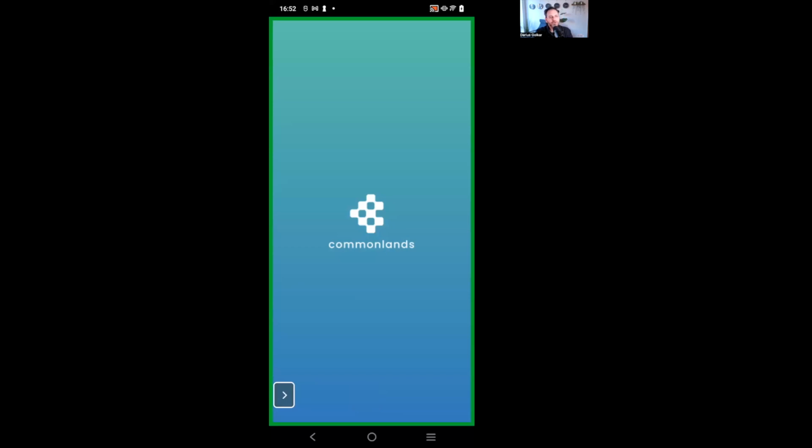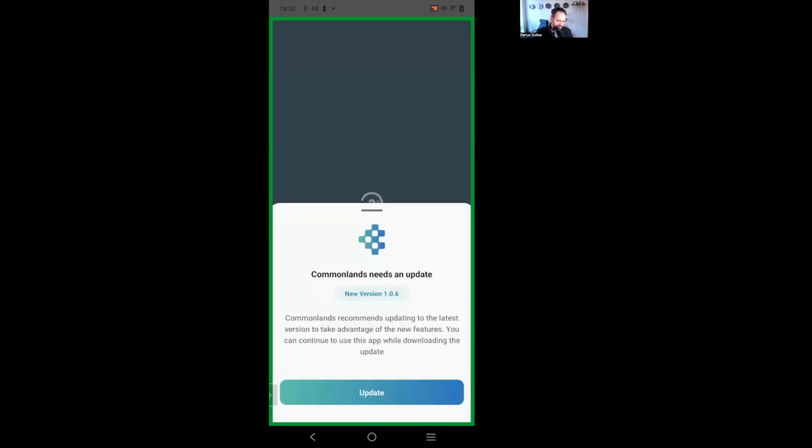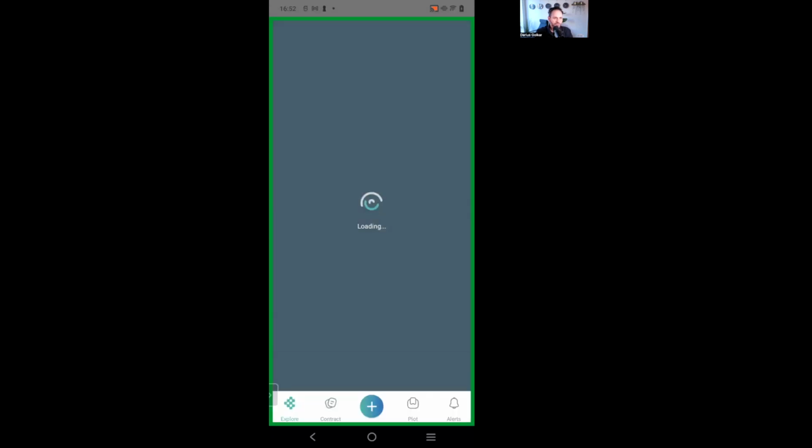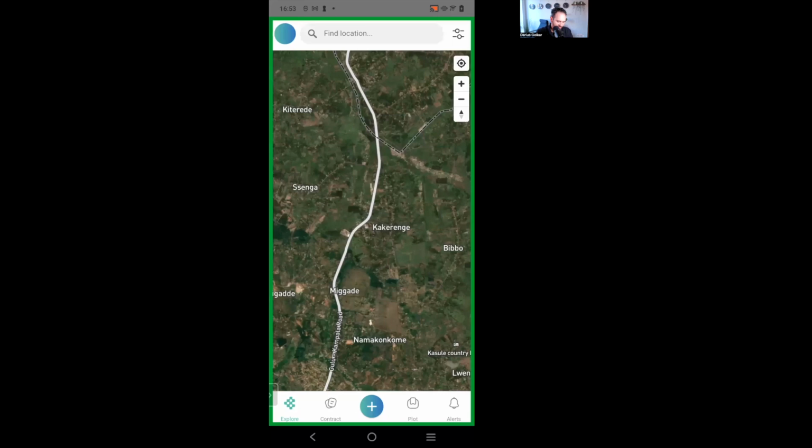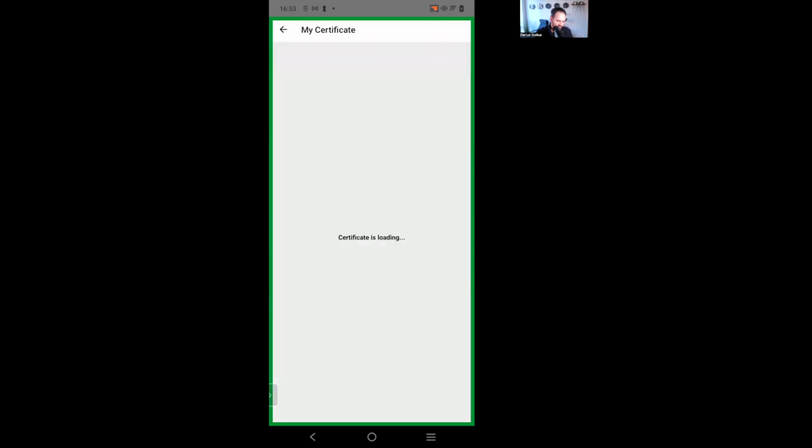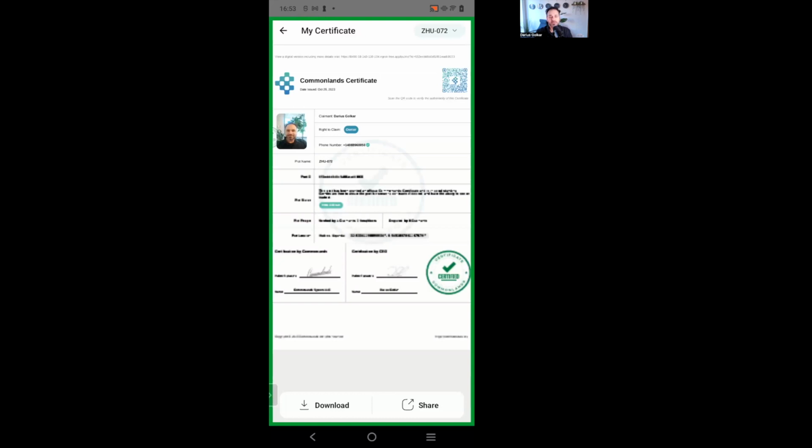All right. So we can go back in to the profile as soon as it logs me in here. And then we'll see that certificate. So let's go in here again. Loading certificate. So you see this time it loaded it immediately. It didn't need to generate it. And that's the difference. So before, what you saw was the issuing on the blockchain. Now what you see is the actual document that's already on the blockchain.